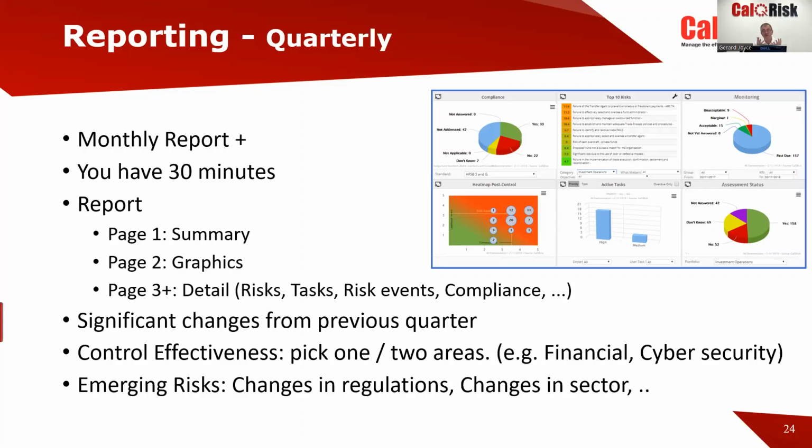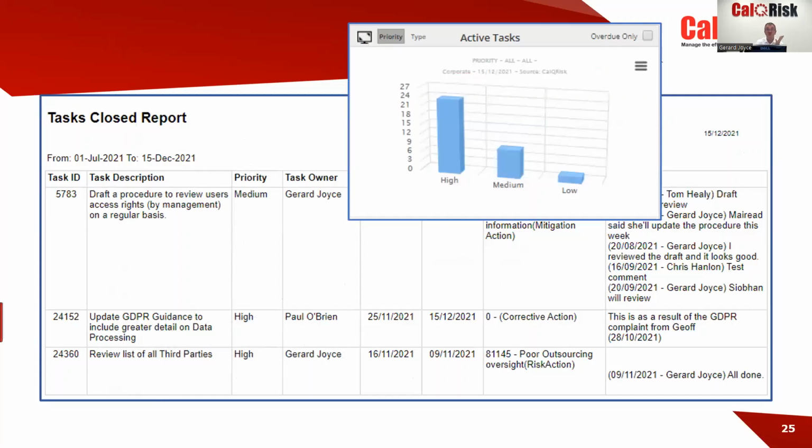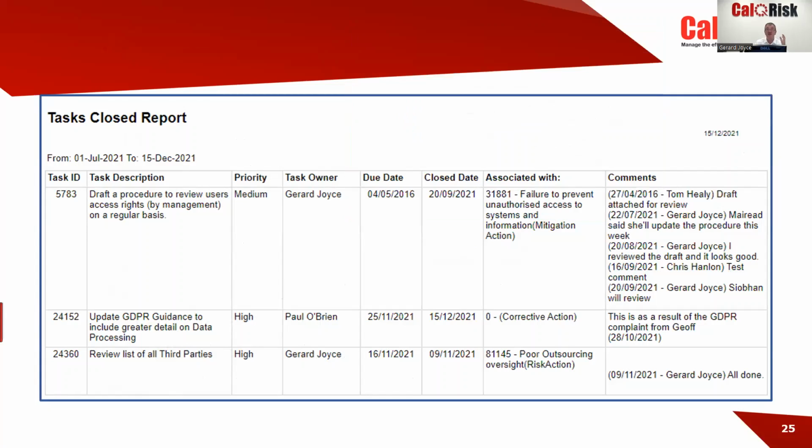Over a period of a year on a quarterly meeting, you might pick one area that you will drill down deeper into, because you've got 30 minutes. So pick cybersecurity. It's a concern for most boards. So dedicate at least one quarterly meeting a year to cybersecurity. And again, changes in regulations in the sector, you might delve a little bit deeper. What's coming down the track next year or the year after? Yeah, that's just another example of tasks, stuff that you've done since the last meeting, and it could be with the graphic as well.